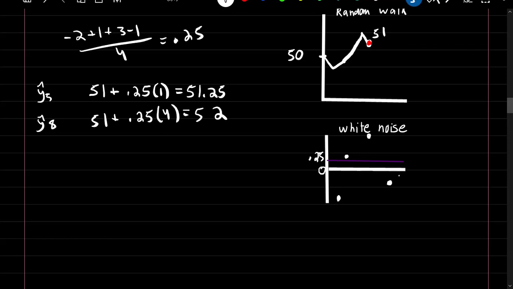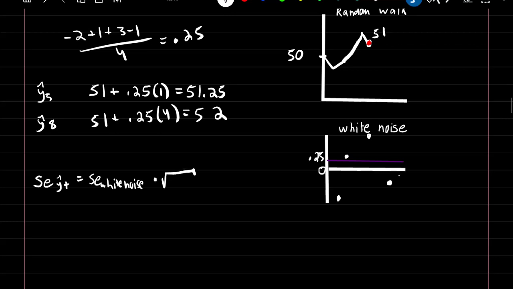So now we found our predicted values, we can find our predicted standard errors. The standard error of our predicted values at time t is going to be equal to the standard error of our white noise process times the square root of L. So this would be the standard error of our predicted value at time t. If we just wanted to find the variance of our predicted value at time t, we could do the variance of our white noise